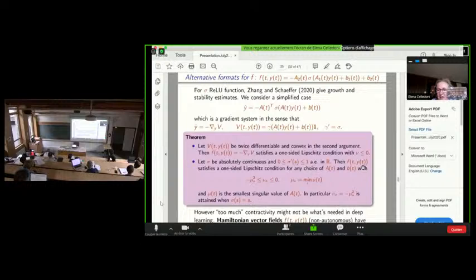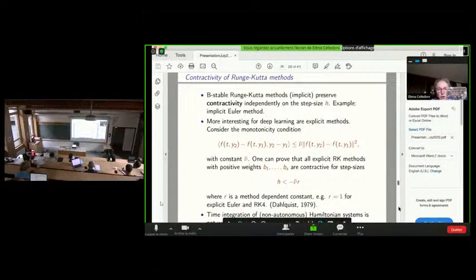for those who are not expert in the field, and it's not so clear what one can get by using Hamiltonian vector fields. But certainly, there are experiments that show the performance of problems where f, instead of being like a gradient vector field, is a Hamiltonian vector field. But I'm not going to discuss this very much in this talk.